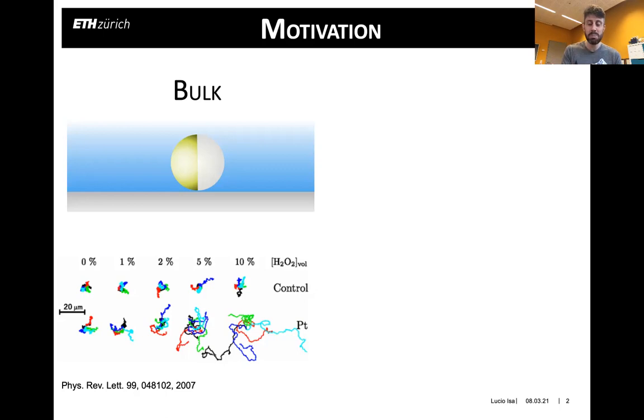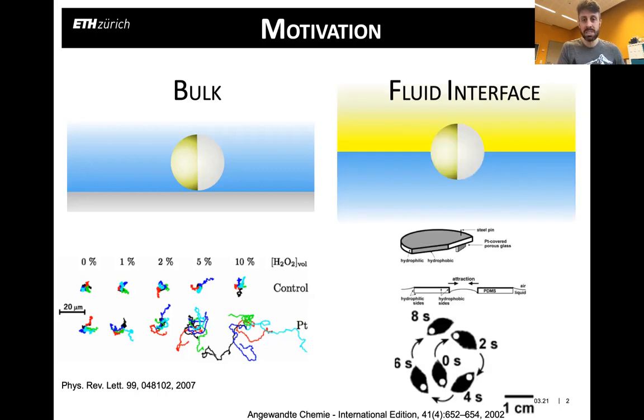But perhaps not many people know that, in fact, at least the first example of a catalytic swimmer that I know about was not this one. It was not carried out in experiments where the microswimmers were in bulk, but was instead looking at the confinement of such catalytic swimmers at an interface, and in particular a fluid interface, and in particular at an air-water interface. So this work, which predates these experiments by about 5 years, comes from the group of George Whitesides,